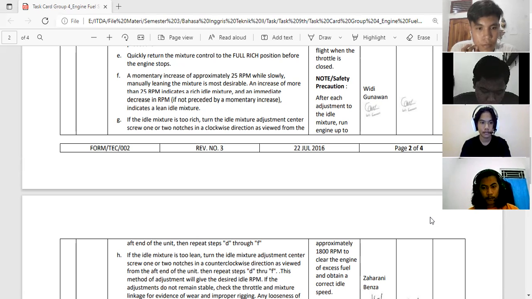Point G, if the idle mixture is too rich, turn the idle mixture adjustment center screw 1 or 2 notches in a clockwise direction as viewed from the aft end of the unit. Then